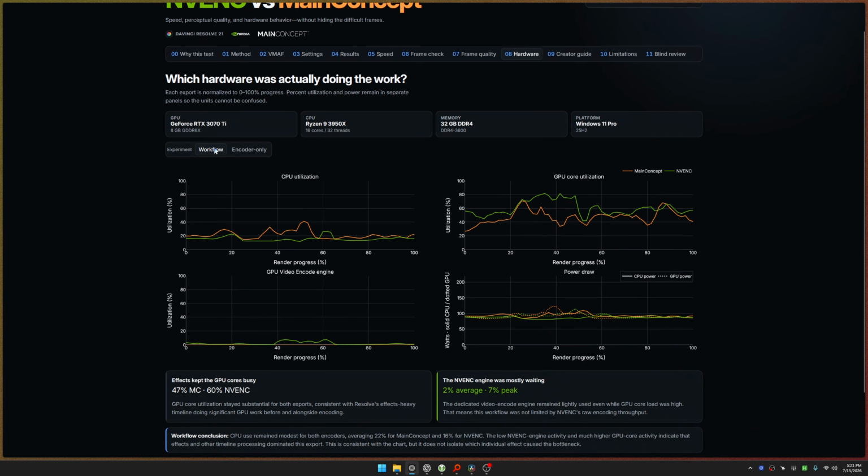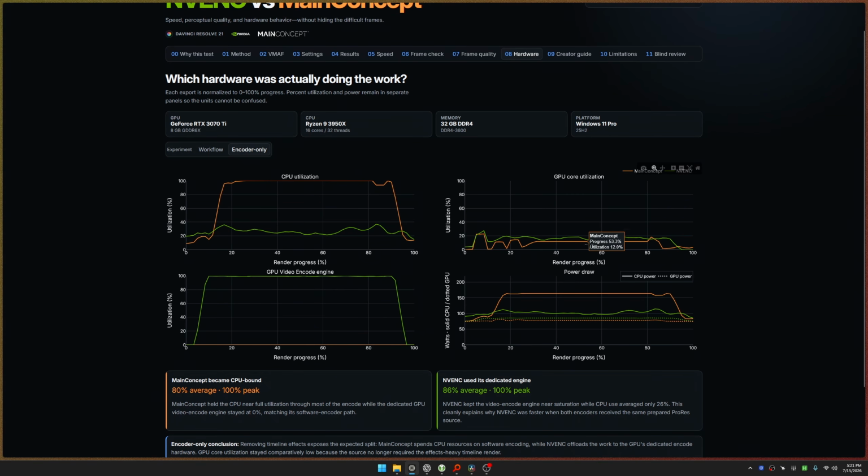Next page. This is the heavy workflow. The heavy GPU workflow stays high the whole time, compared to encoder only, where it stayed low. Why? Because in this work, the GPU engine, which is the GPU encode, this green line, took up all the power. So the GPU core utilization was low because the video encoding engine was using all the power. Meanwhile, for MainConcept, there is no GPU engine, and the core utilization for the GPU stays the same because